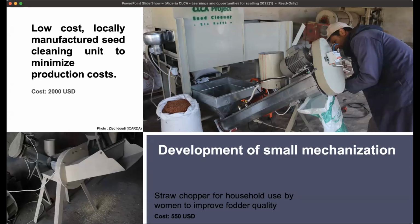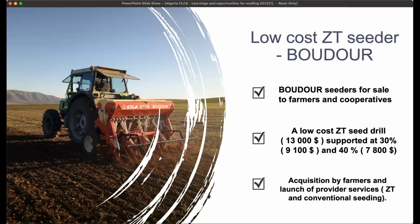And this is the most important innovation, which took place in the second phase of the project. However, it could have been used from the very first stage, which is related to production and manufacturing of a